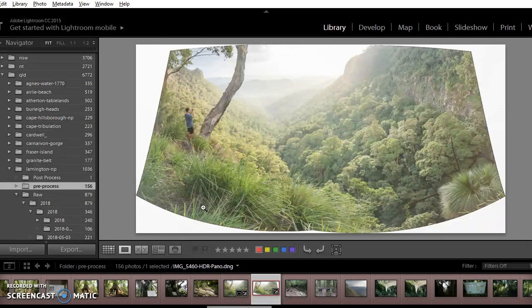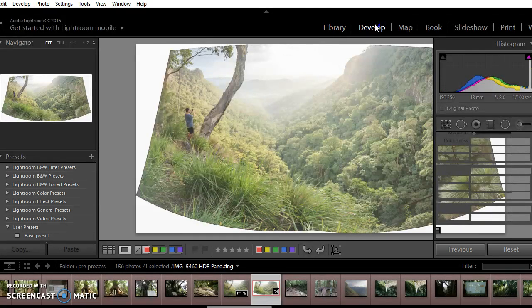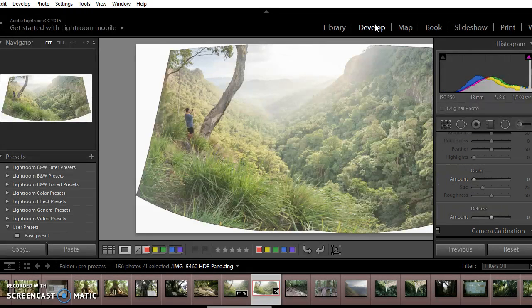So what are we going to do? First of all, we're going to edit this image. So we're going to develop. So obviously you're going to have all of these images synced up on your computer. So any saving that you do, I will eventually receive on my computer, so that we've both got copies and